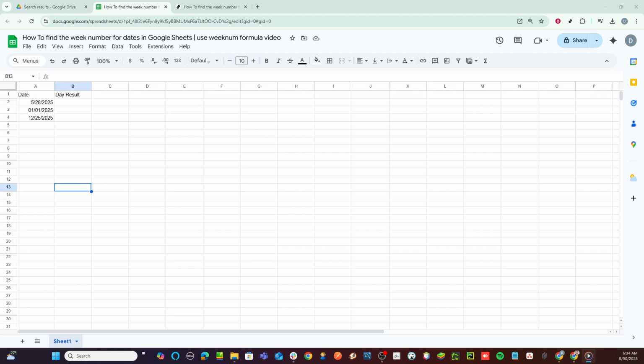First, let's get started by opening your Google Sheet. You can either open an existing sheet or create a new one. If you're working with a specific set of data that you'd like to analyze, make sure your dates are neatly listed in one of your columns. For this demonstration, I'm assuming you have a date formatted column in your sheet, let's say column A, starting at